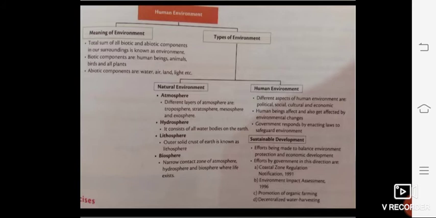Decentralized water harvesting facilities provide relief in drought prone areas like Alwar in Rajasthan. People are being encouraged to practice rainwater harvesting. And steps towards conservation of forest and wildlife have been initiated by thousands of villages in Odisha, Uttarakhand, Nagaland, Maharashtra